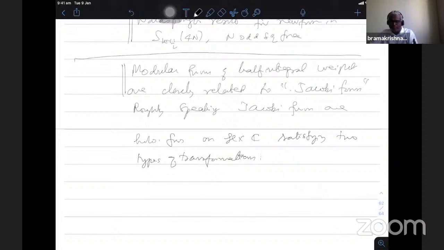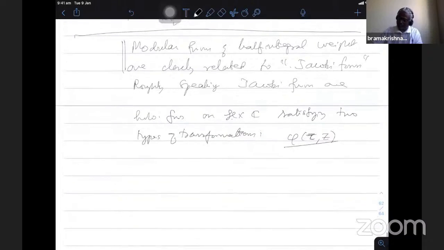This is for degree one modular forms of a single variable function, but somehow the half integral weight forms and they are almost one and the same in some sense. Okay, so we denote this by phi of tau comma z, tau in the upper half plane, z is the complex number. Okay, so one is this with respect to the SL2Z action,